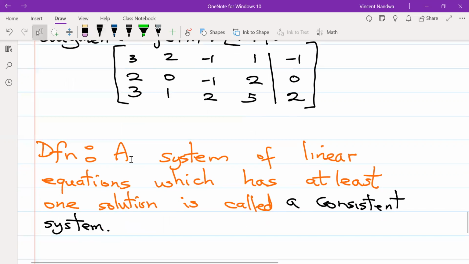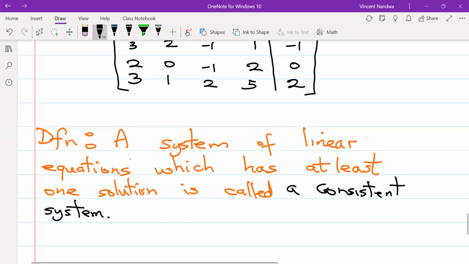So a system that has at least one solution is called a consistent system,